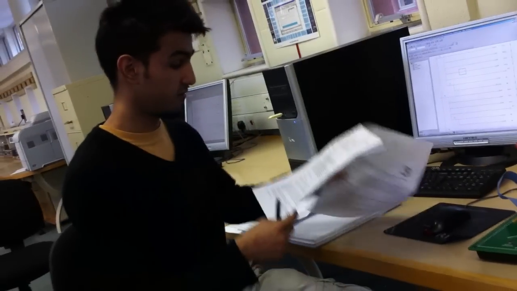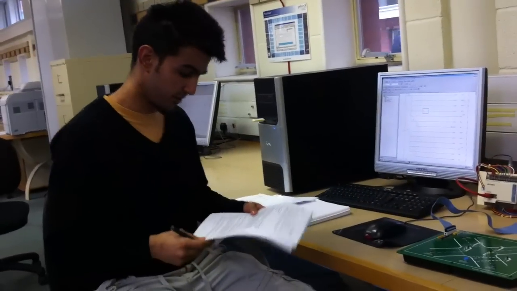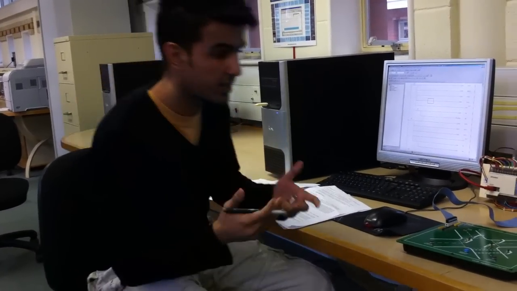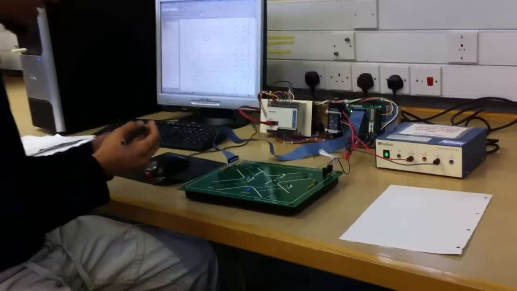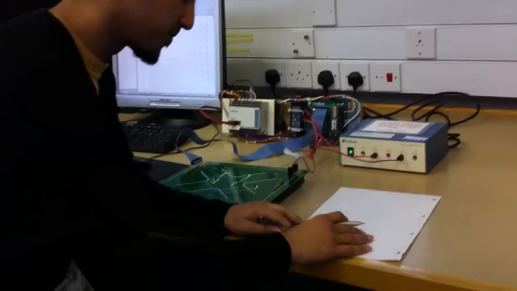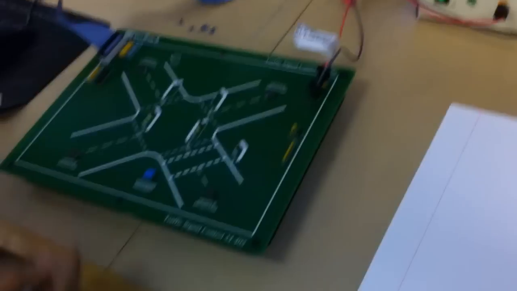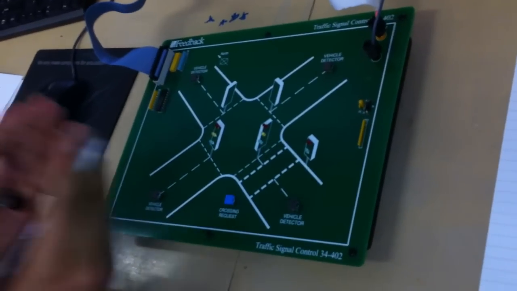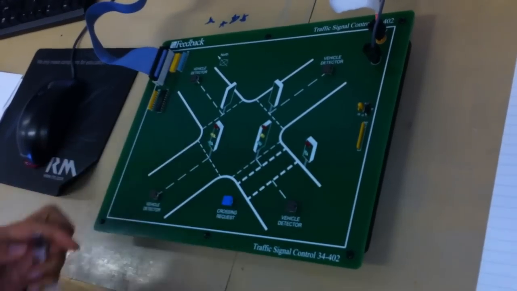Basically, we are given what we have to do, and we have to come up with a program, like what the instructions will be. So this is our west, this is our south, and this is the pedestrian.